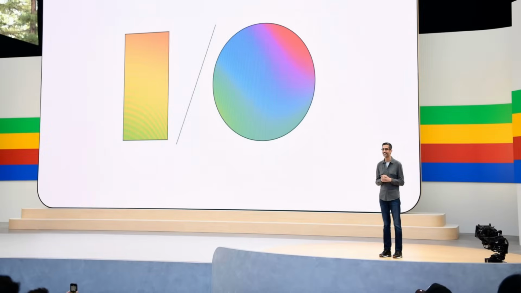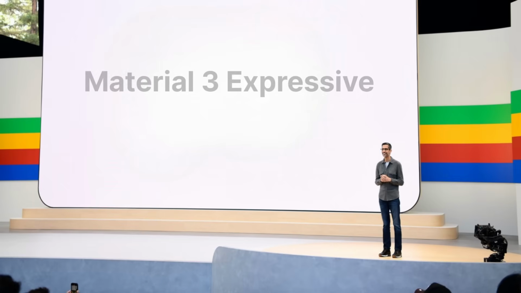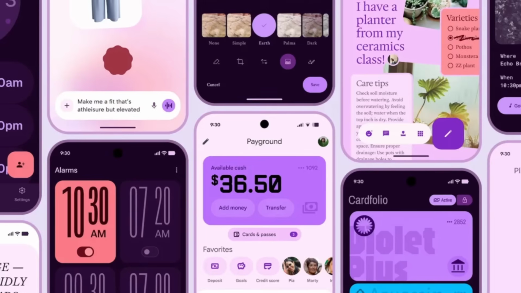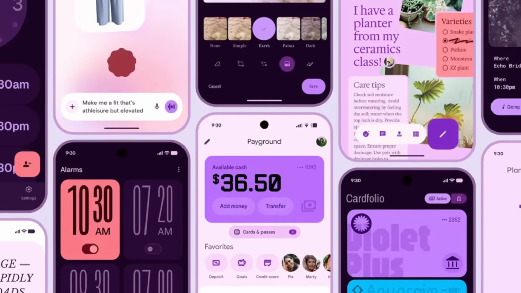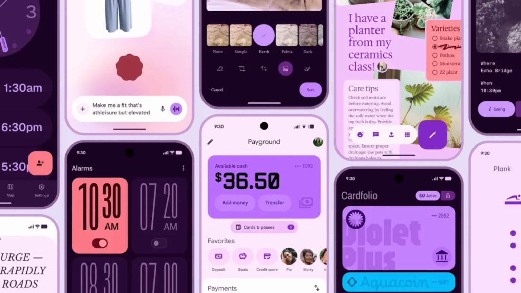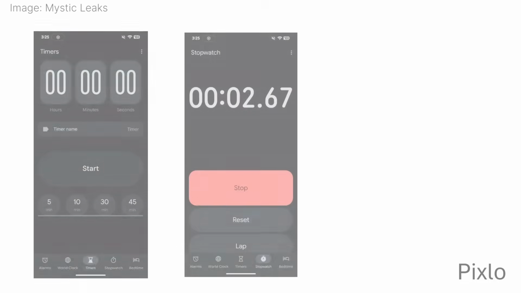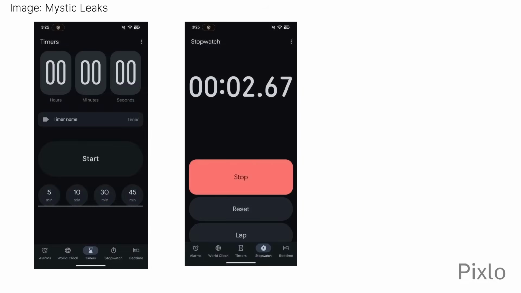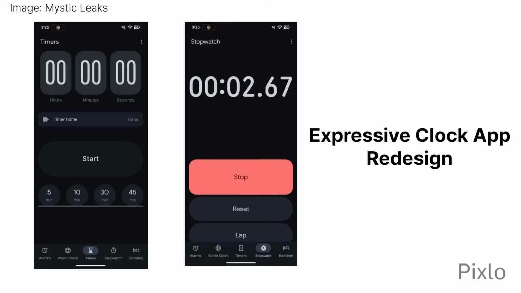At Google I/O, Google will be updating the Android design language from Material 3 to Material 3 Expressive. Material 3 Expressive is Google's new expressive design language that is easier to use with bolder shapes and new color palettes. This leaked screenshot of the Clock app shows the new Expressive redesign with bigger buttons, thicker lines, and a